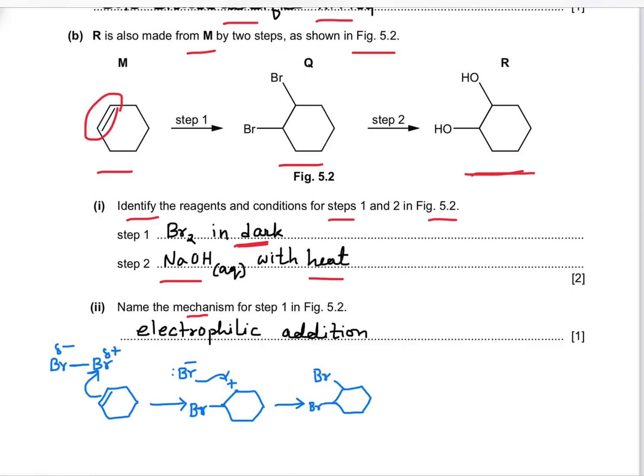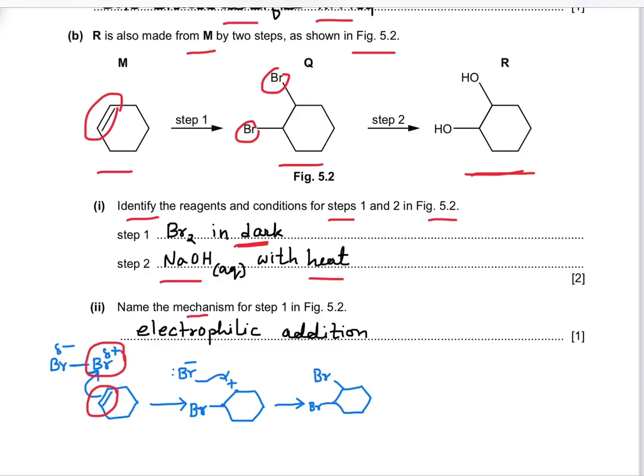In step 1 we can see that 2-bromine is added to the cyclohexane and giving 1,2-dibromo cyclohexane. So it is an addition reaction. Let's take the mechanism here. In first step, this pi electron cloud is attacking the partially positive charged bromine,